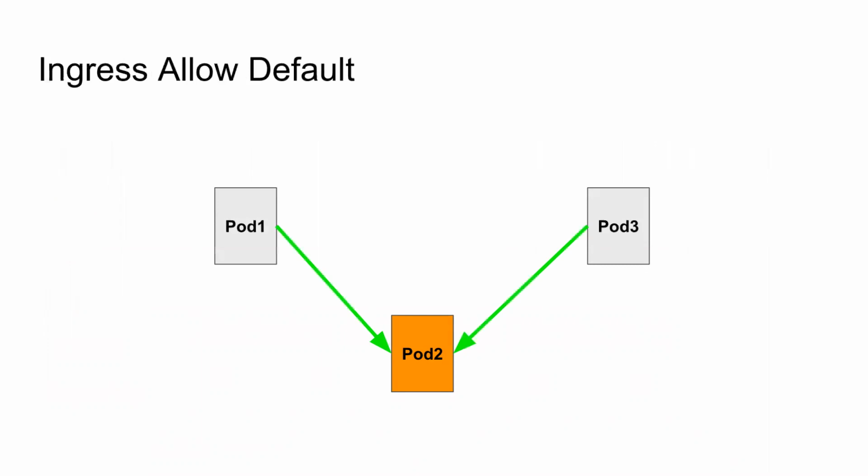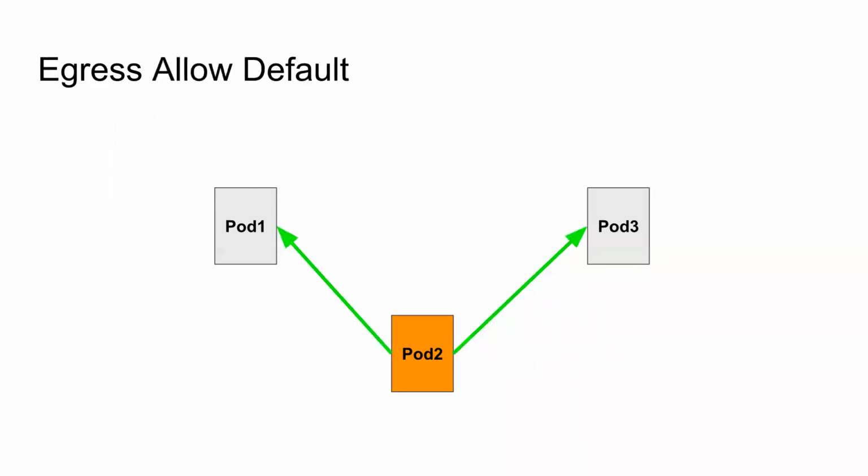Pod 1 can connect to pod 2, and also pod 3 can connect to pod 2. And in the same way, pod 2 can connect to pod 1 and pod 3. Every pod can connect to each other. This is the Ingress allow default. We will use this example also. In some situations, for example, for a specific pod, you may need to deny all the Ingress connections here,